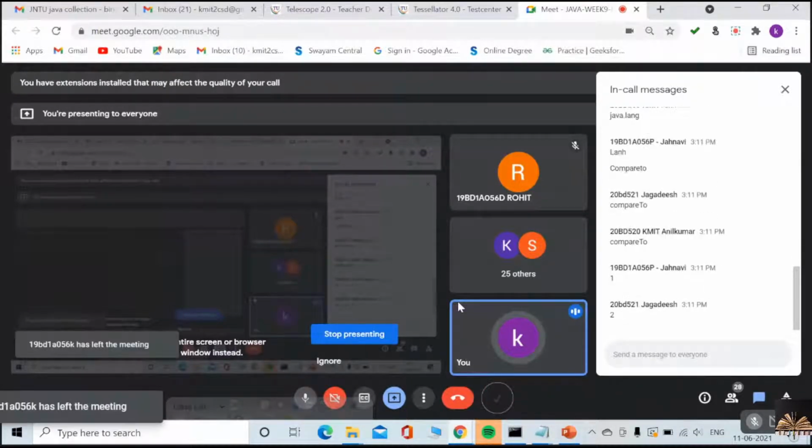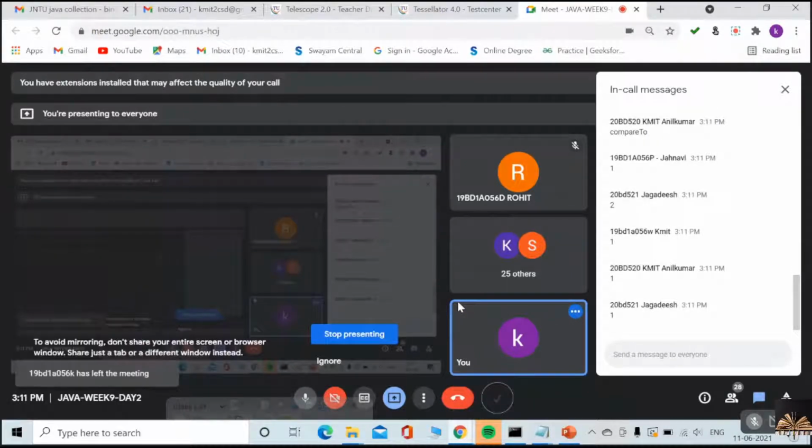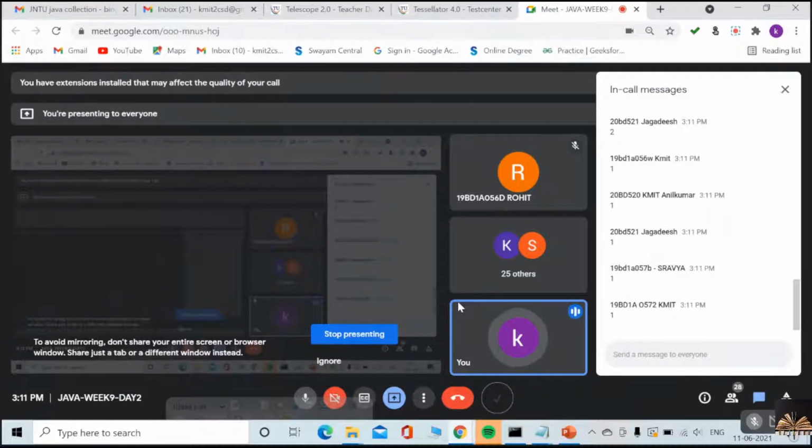Two. Jagadish? Only one, no? Only one. And do we require any separate class for the comparable interface? No, not required.